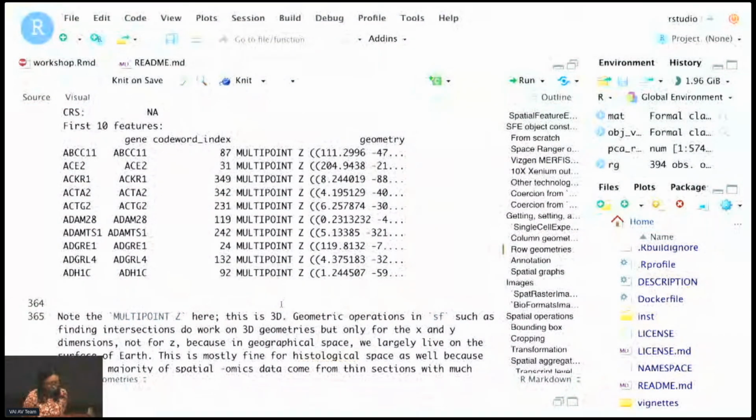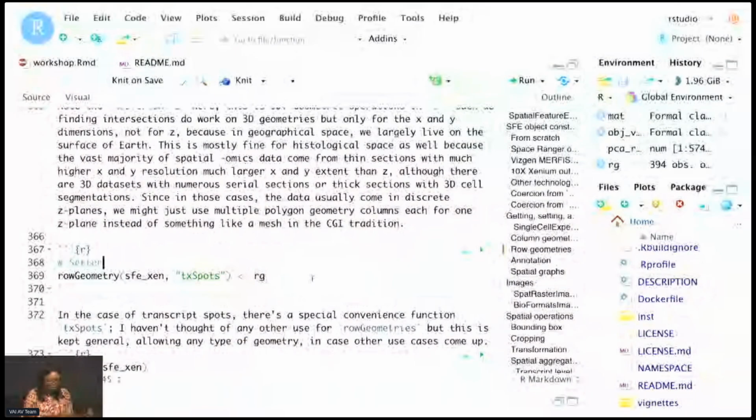But also, for now at least, in histological space it's fine because the vast majority of data is in thin sections, so mostly X and Y. But I know that there are some datasets that have a 3D volume, like a thick section, 100 micron, and there are also some with multiple Z slices, especially in the mouse brain. Those aren't many, but if they become more common, then we do have a plan to expand SFE to accommodate those.